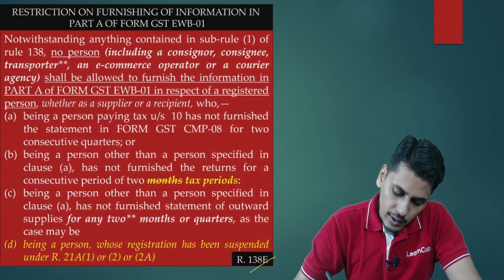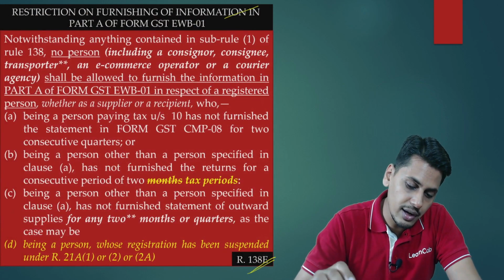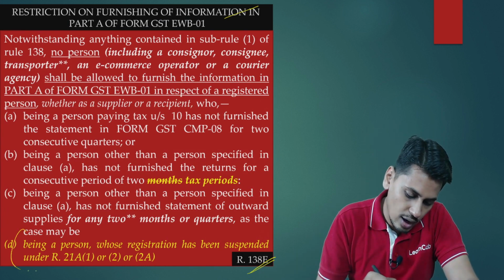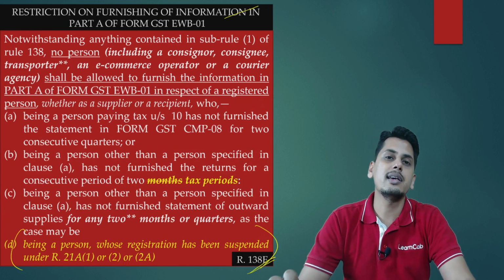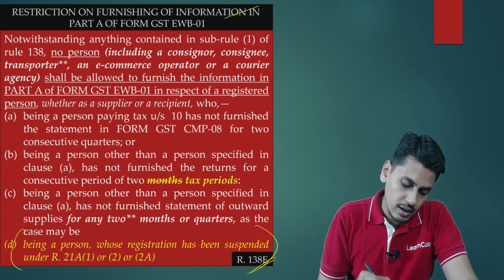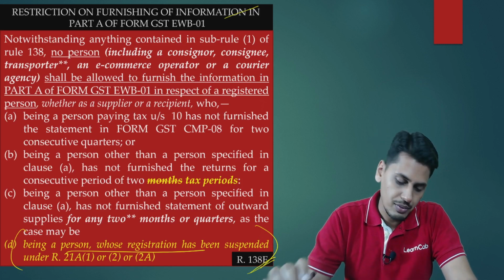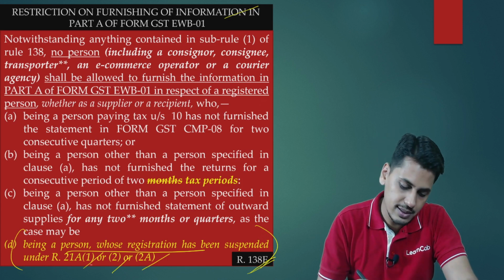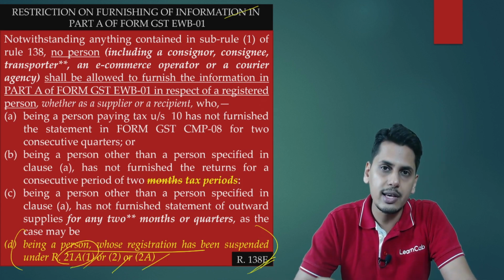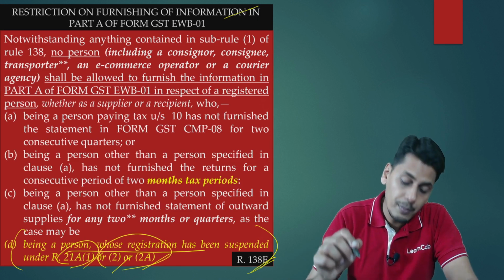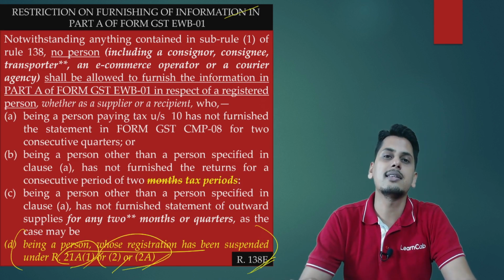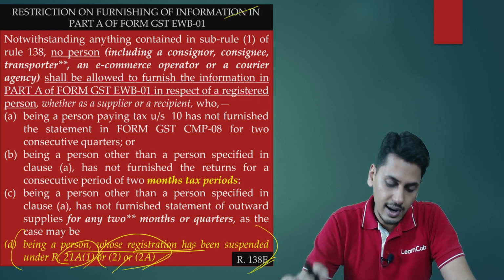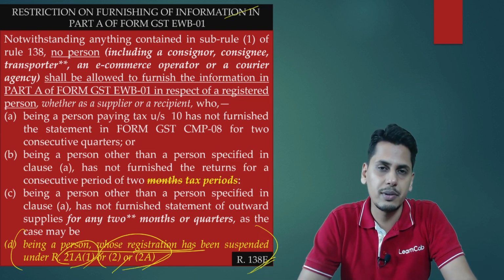The next amendment, Rule 138E, restriction on furnishing of information in Part A of EWB 01. Friends, in this case, Clause D, we have already seen when we were seeing suspension of registration. A person whose registration has been suspended either under 21A, Subrule 1, Subrule 2 or Subrule 2A, which means either the registered person has made an application for cancellation of registration or the proper officer has suo moto initiated cancellation of registration. In either of the cases where the registration has been suspended against this registered person,